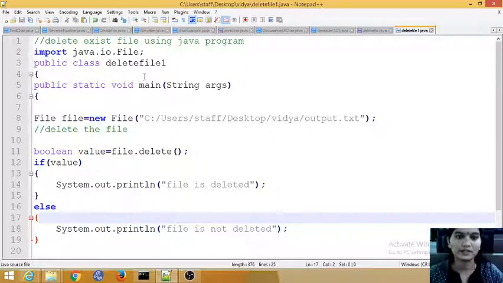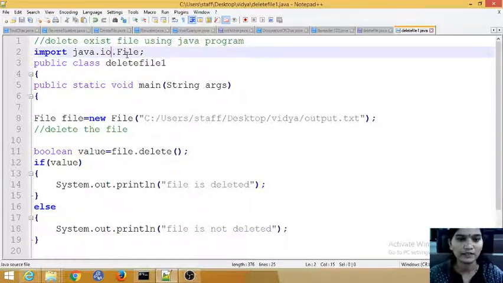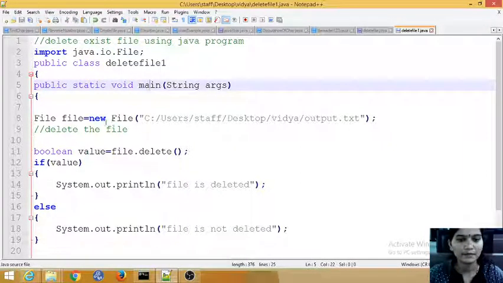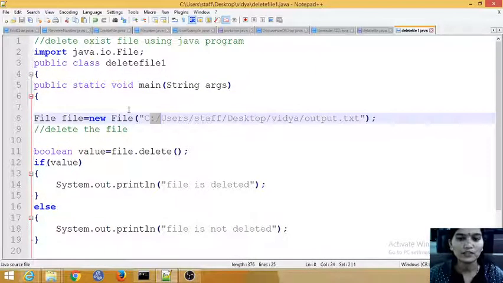So I have created a class and you have imported the File class, or you can just import java.io.*. All the file-related input output operations you can use with this package. After creating the class, I have created a main method and an object of File. Inside this I give the path of the file I want to delete.